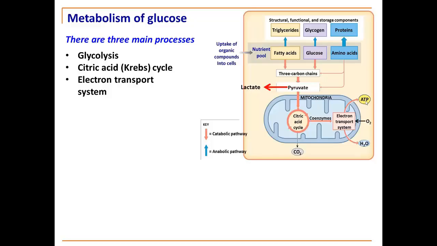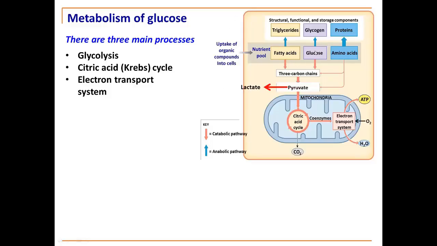So, what are the 3 main processes when we're thinking about the metabolism of glucose? The 3 main processes: glycolysis, the citric acid or Krebs cycle, and the electron transport chain. And you need to have a basic understanding of these 3 processes because it forms fundamentally parts of your learning outcomes. So when we're looking at it, here's a nice cell surrounded by our interstitial fluid, and we take up